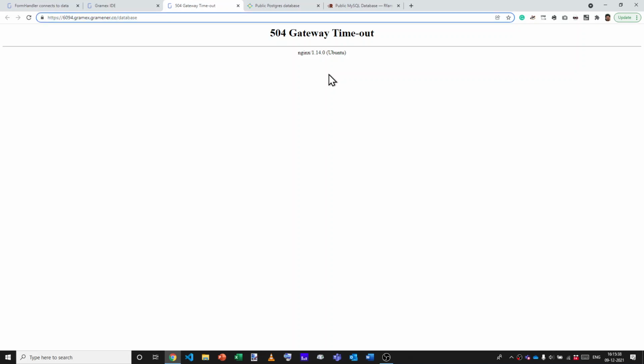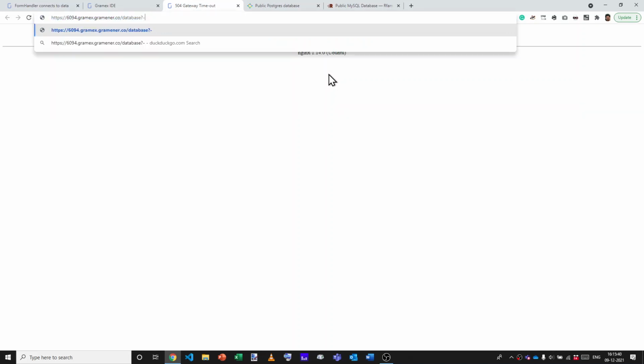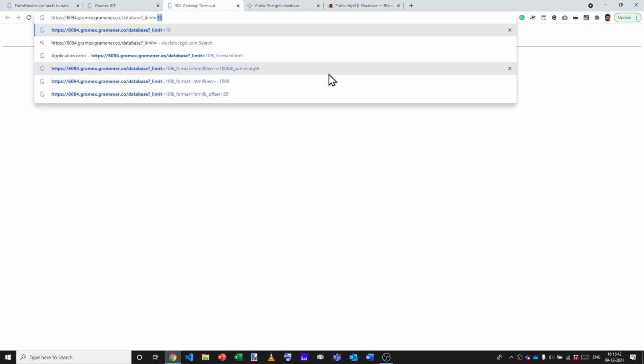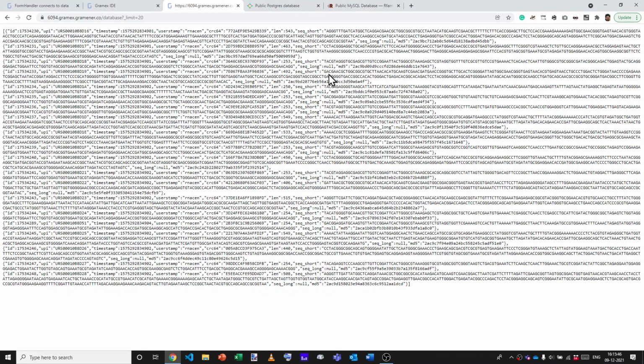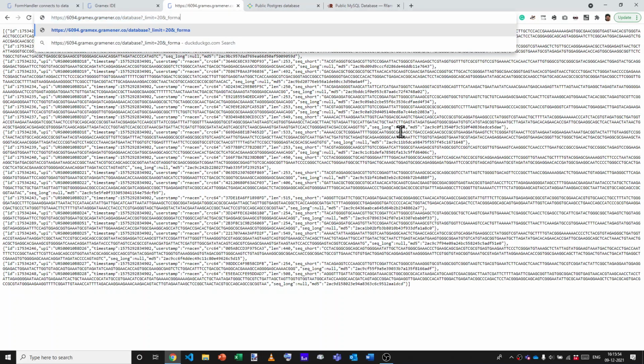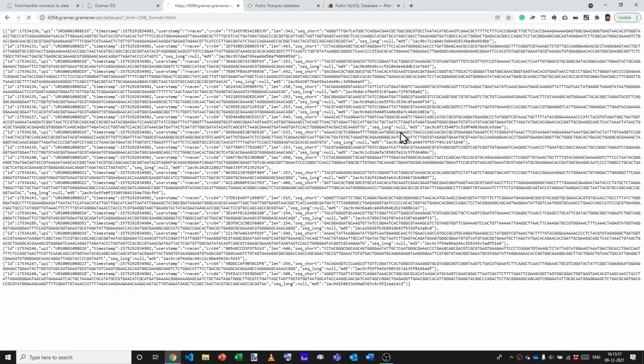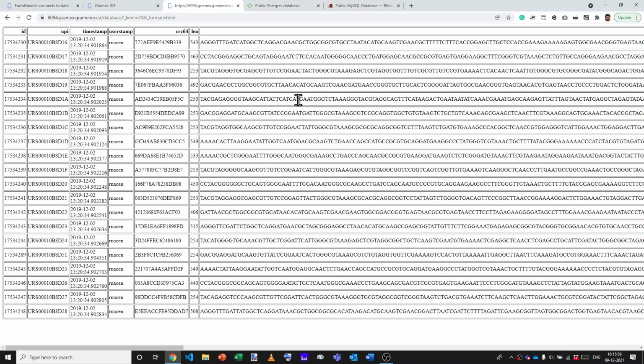So rather than fetching the entire data set, what we'll do is say, give me just the first, let's say, 20 records. That's fetched the data much quicker, and we have a series of RNA sequences. This is hard to view, so we'll use format equals HTML to see the results in HTML.